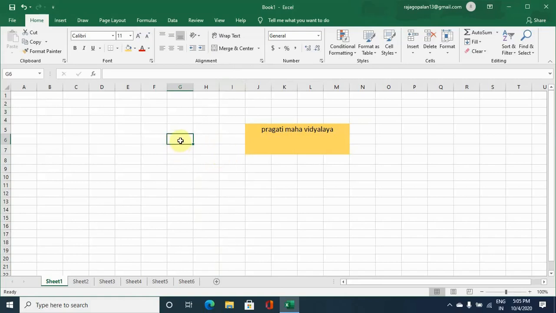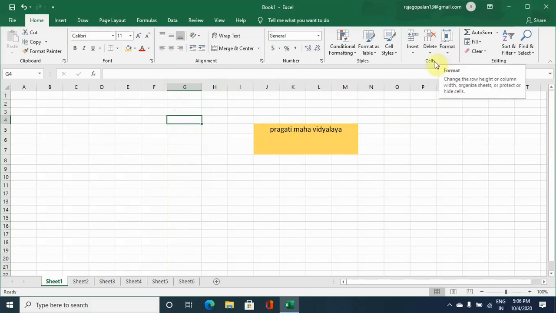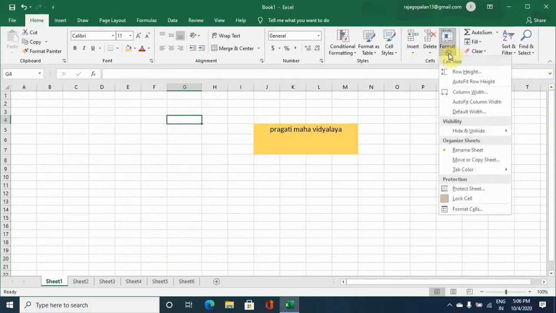Then the option that you have is, select the cell wherein you want to make the change, then go to the option format in cells, then you have the option here, row height, then column width.